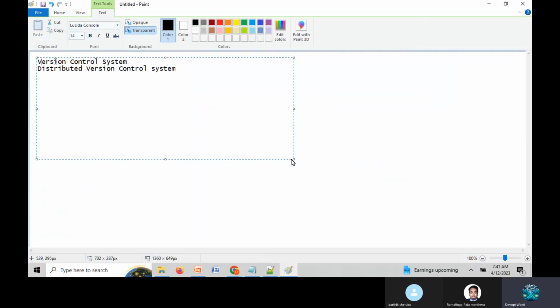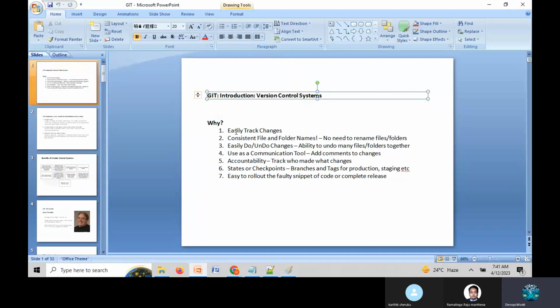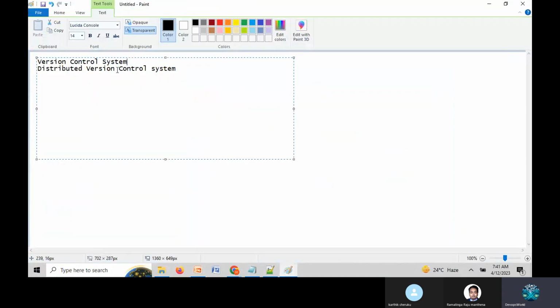So when we come to the version control system, we already know that, okay? First we need to understand what will happen if the distributed version control system is not available, and first we need to understand the differences. Then I will explain how it should work, okay?